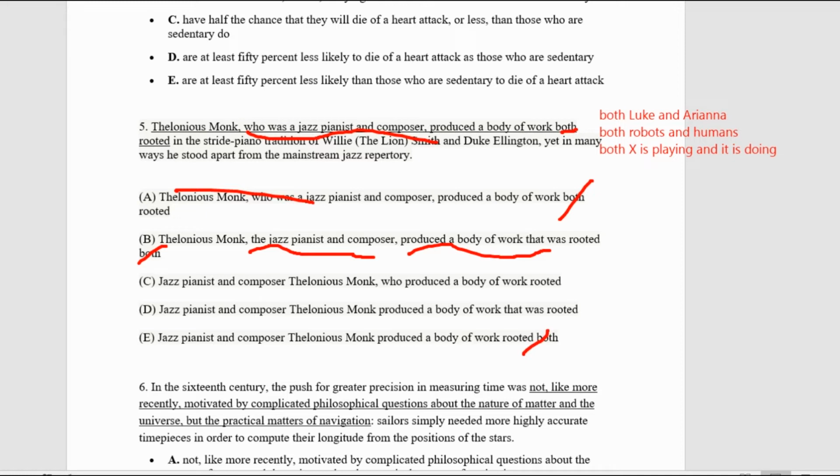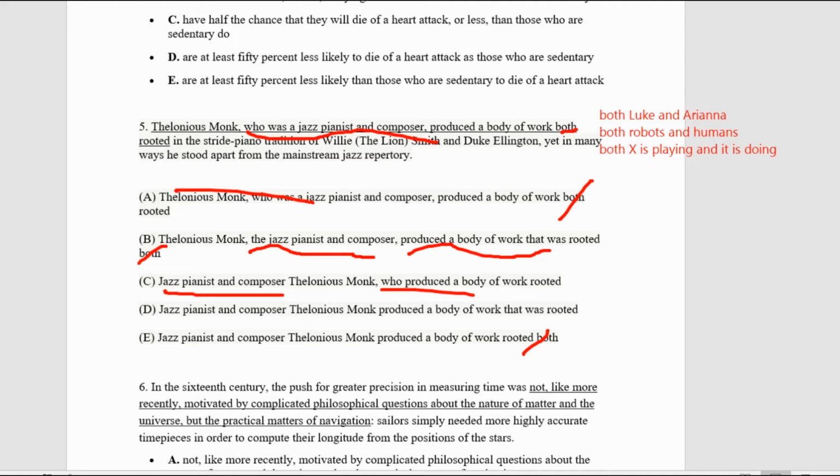And we have C and D remaining. Thelonious, so who produced? Why do we need "who" here? Because we need to have a clear subject and verb. And if we write "jazz pianist and composer produced," okay, if we put here "who produced a body of work rooted,"